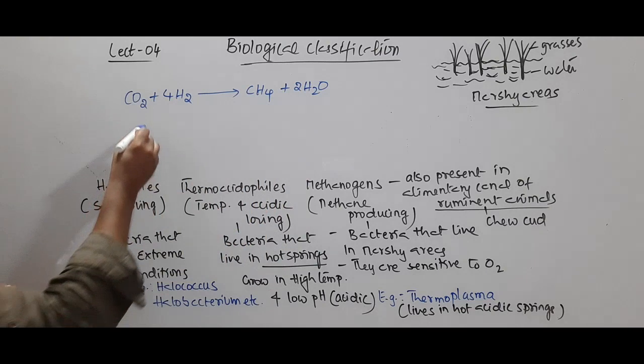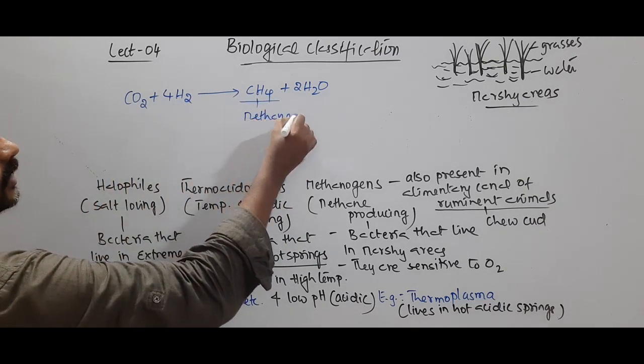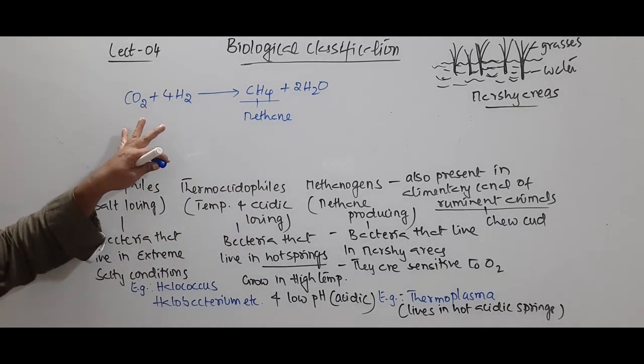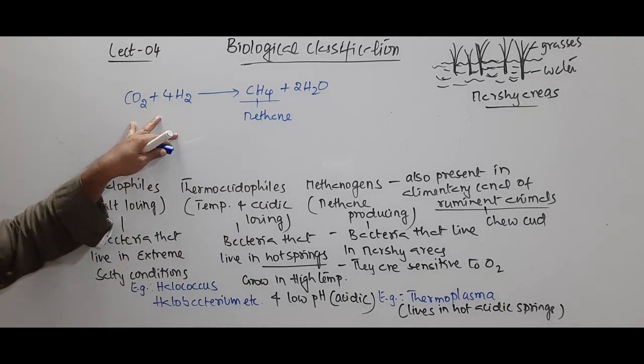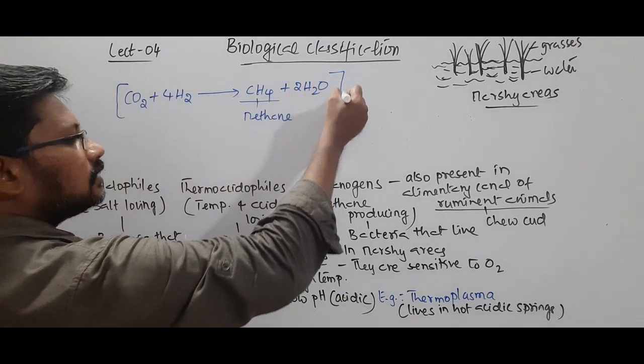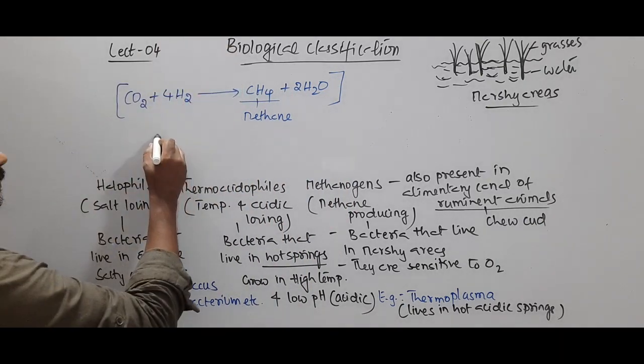This is the equation for methane production. Just for understanding purposes, I have given this equation to tell you how the methanogens produce this methane, right? Now, examples of these methanogens: